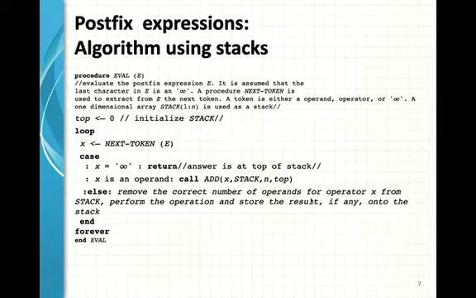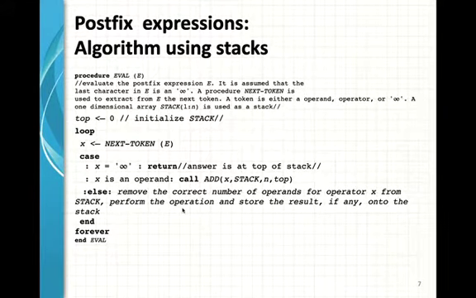So after getting an operator, we can know how many operands are needed. So remove the correct number of operands for the operator x from the stack. So now we have to remove the stack elements, that is, we need some pop operation.